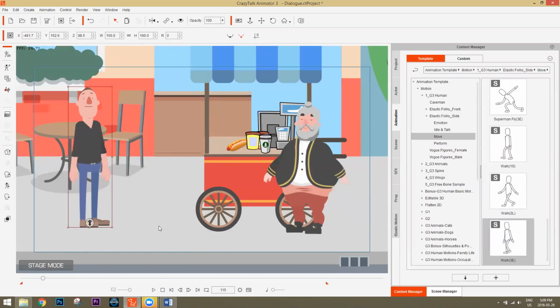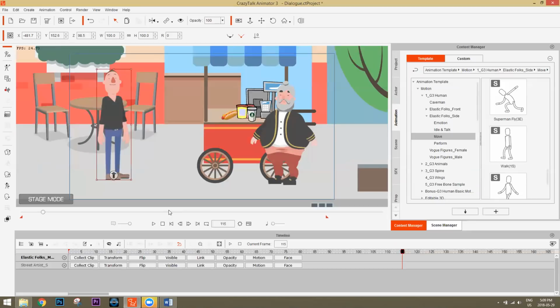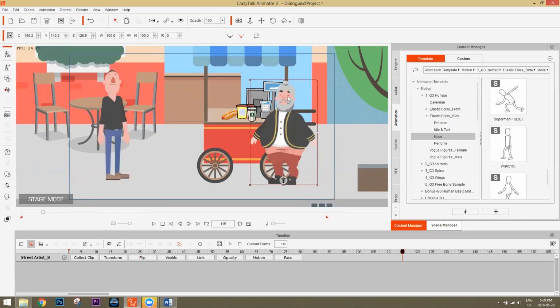Okay, now what you want to do here is press F3 to go into your timeline. Very important hotkey to learn, F3, and that'll take you into your timeline. We're just going to also have this thing selected here, which is object related track. Make sure that's red, because if you select whatever thing in your scene, your track will change to that item. So you can select our character, the chair, the hot dog cart, okay? So it's always really useful because it'll just pop up with whatever you select in your screen.